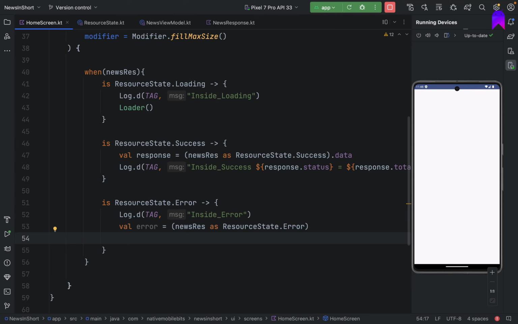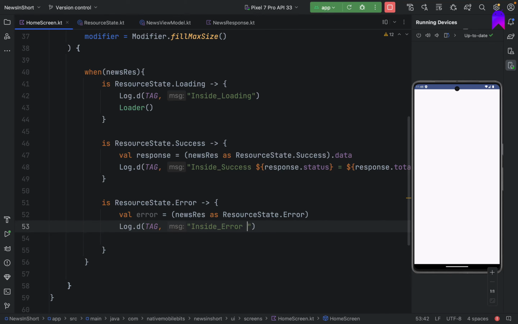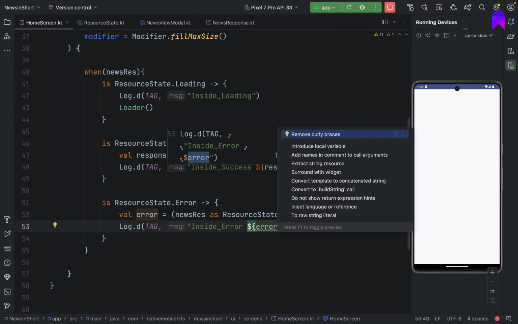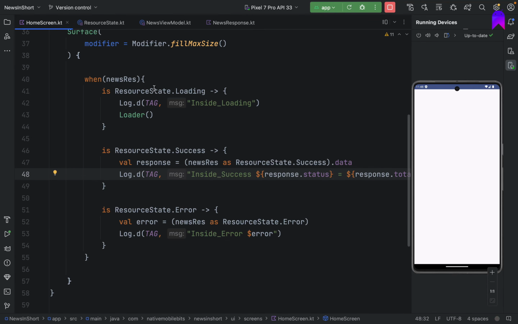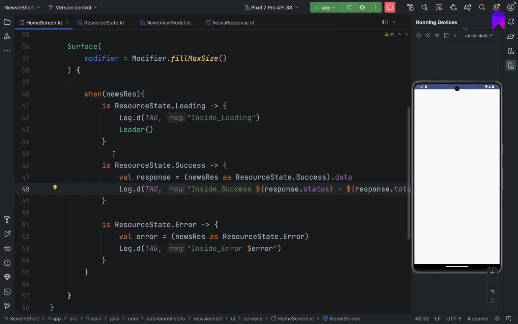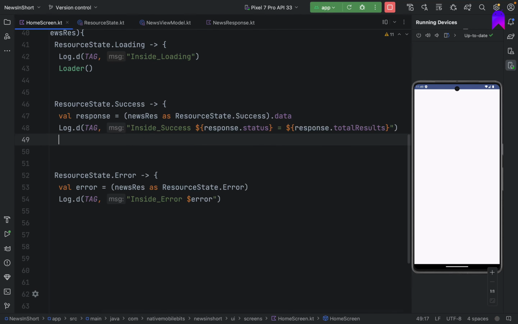Okay, so we can take this log down and inside log we can print the error message, this one. As this is a string, no need to use curly braces as well. Now our basic setup is ready. It's very basic, I know, but for now let's try to see the list of the data which we are